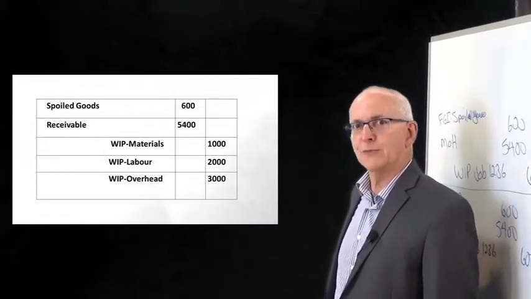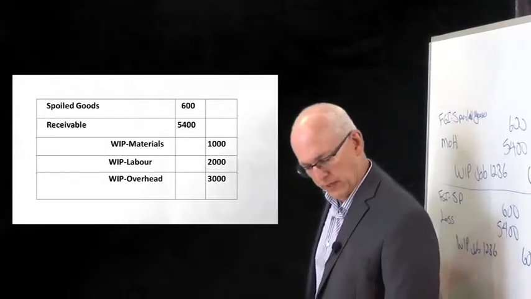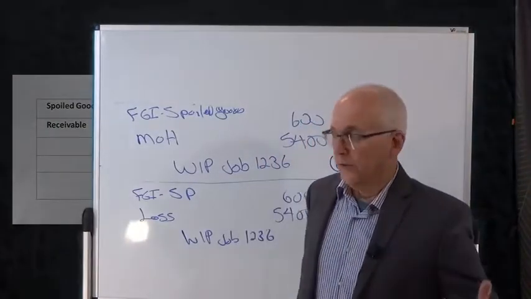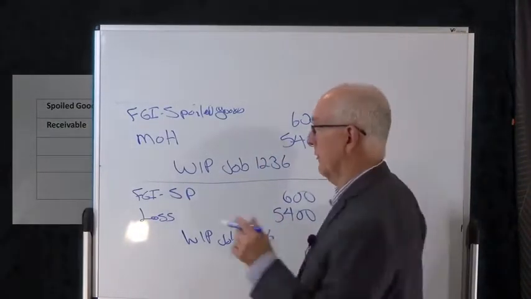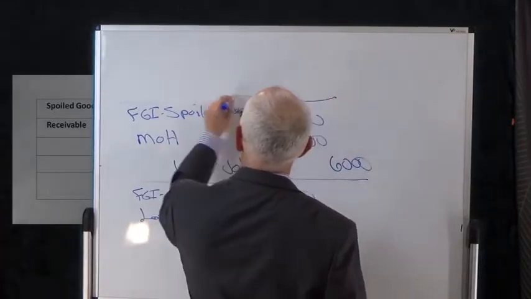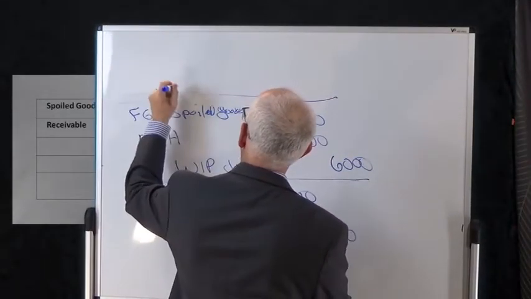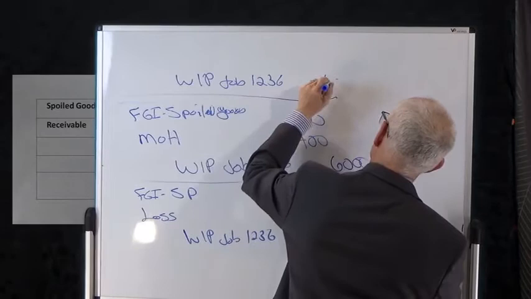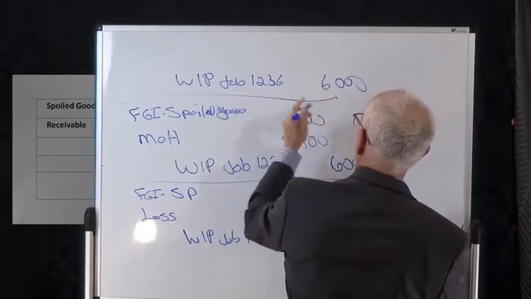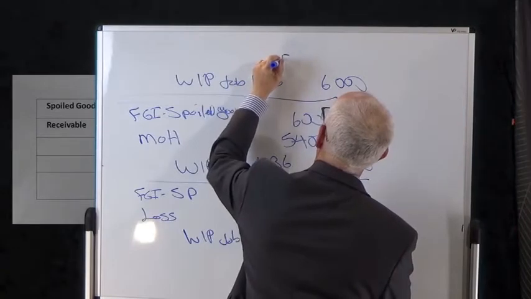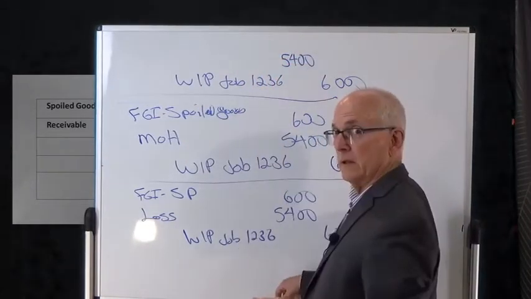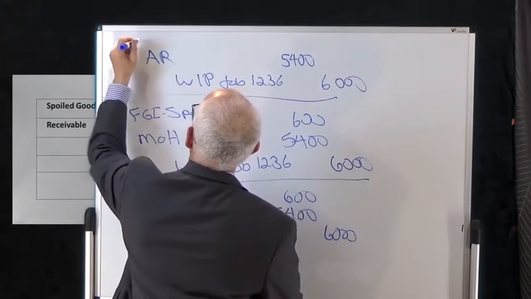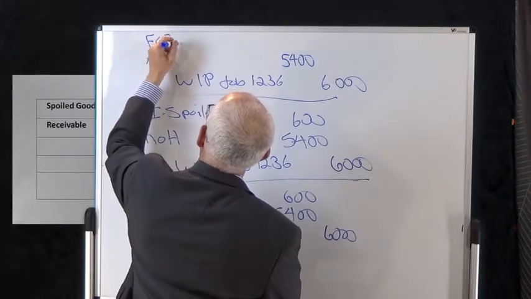Let's see if I can get this board out here the same one-handed, elegant, slick way that I put it back. Not quite as cool. So I'm going to do this at the top. Notice the other two things are about the same, the WIP. So we have WIP, job 1, 2, 3, 6, 6. I should have put it a little bit further over. We have the $5,400, the fair market value that we lost. And we're going to say AR. And we also have FGI, SP,